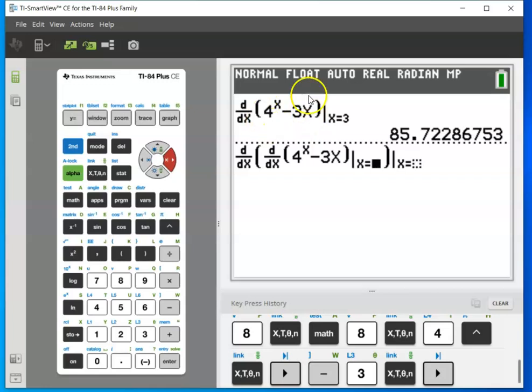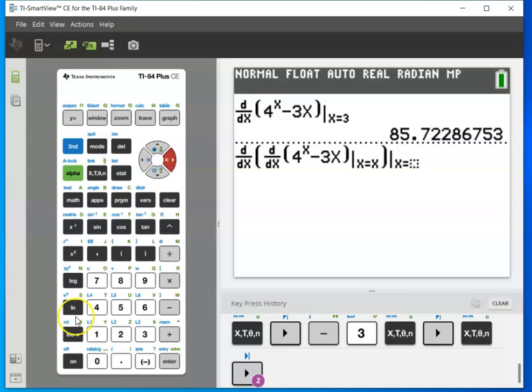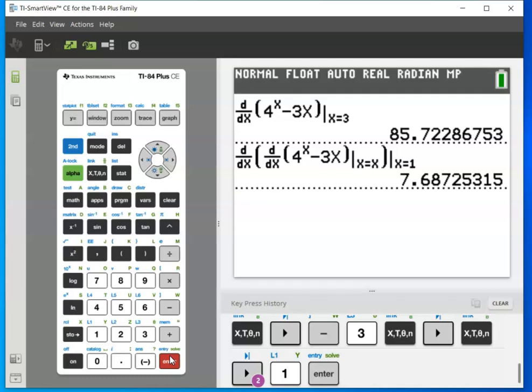And right here, we're just trying to take the derivative the first time around, not at a specific number. So the first time around, I'm just doing a derivative. Then I'm doing the second derivative at 1. But when you're doing a second derivative, you only want to put that on the outermost part. So my second derivative at 1